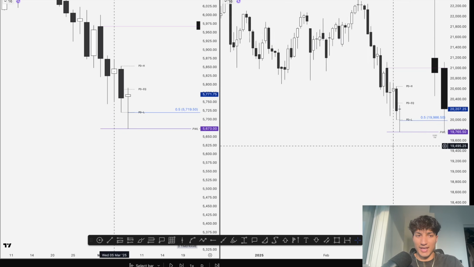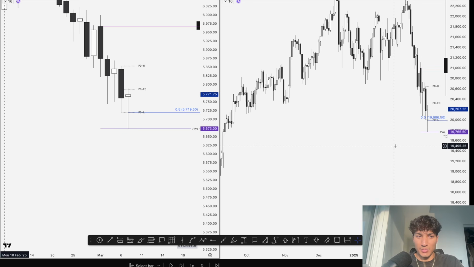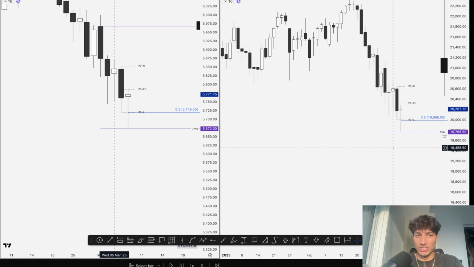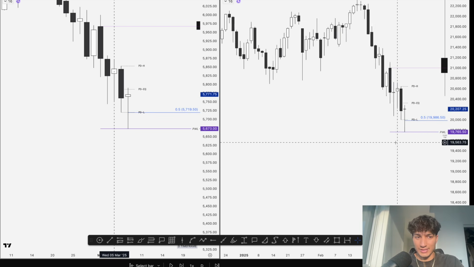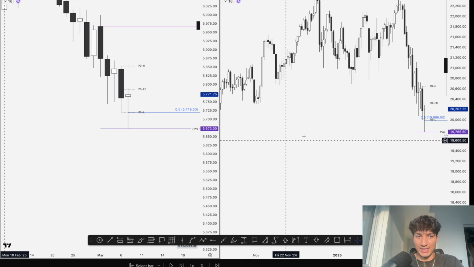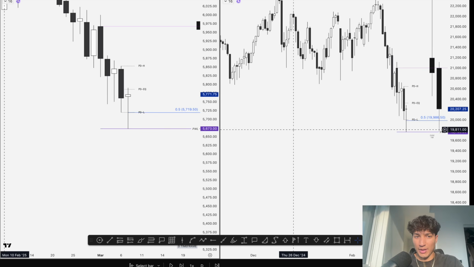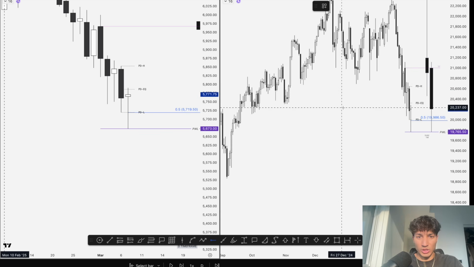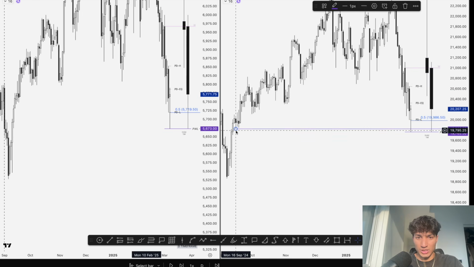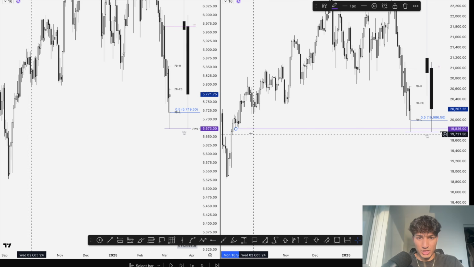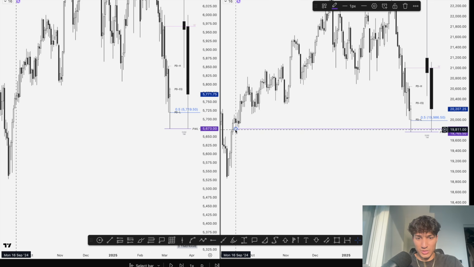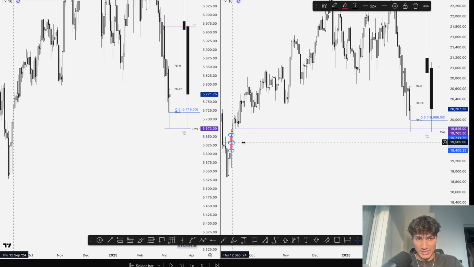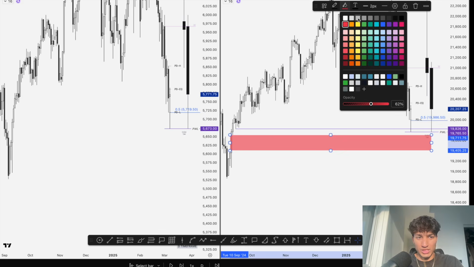So now the question I have to ask myself is, why was I anticipating a reversal anyways? This wick in and of itself is not enough to justify a reversal on the daily chart. I will also need to see a key level and a lower time frame delivery state shift. Zooming out, if we look at the opposing side of the range, we can see that we have sell stops being liquidated below this daily low, and we have an imbalance on the NASDAQ that we form a bullish SMT